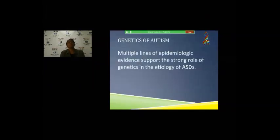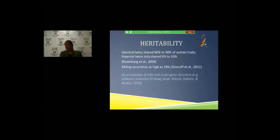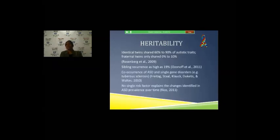So there have been multiple lines of epidemiologic evidence that support the strong role of genetics in the etiology of autistic spectrum disorder. Starting from back in 1977, which is when two British physicians, Susan Folstein and Michael Rutter in the UK, conducted the first study on twins, studying 21 same-sex twins, and at least one had a diagnosis of autism